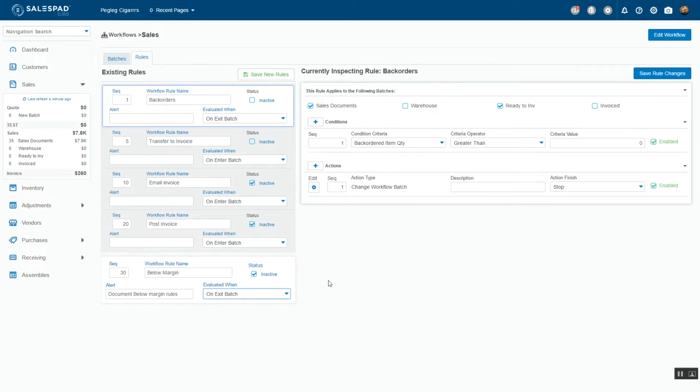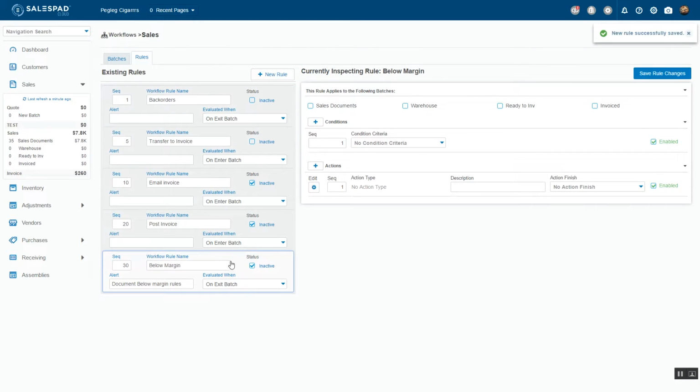And this, I have it on exit batch, so what batch is the document coming out of that I want this document to be evaluated. So once I have my rule set up and I've specified the pieces here, I'm still going to leave it as inactive, but I'm going to go ahead and save new rules. So now this makes it active, and then it gives me the ability to start setting up my rule changes